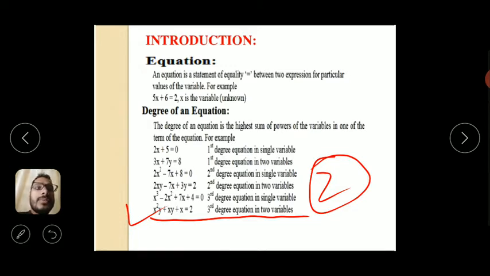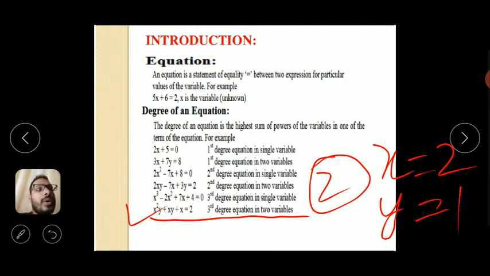Now see here, in this particular equation we have 2 variables. It is not a single variable. The first variable is x and the second variable is y. If you check the highest power of each variable, x has 2 as the highest power in x square y, and y has only 1 as the highest power. If you add these 2 powers together, you get 3. So the definition of degree is the highest power of the variable, right? So in this case the degree will be 3, not